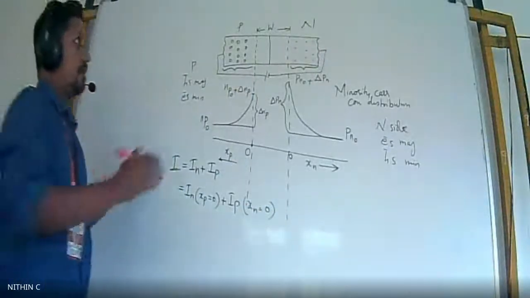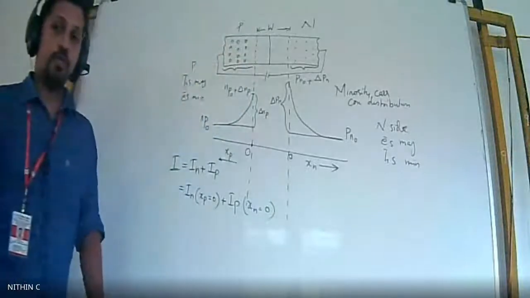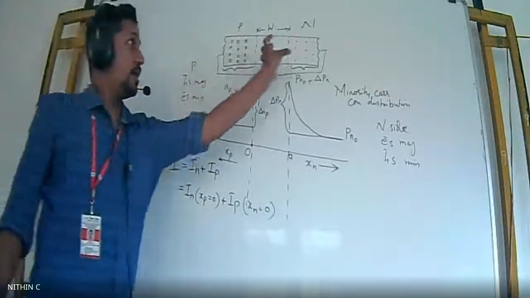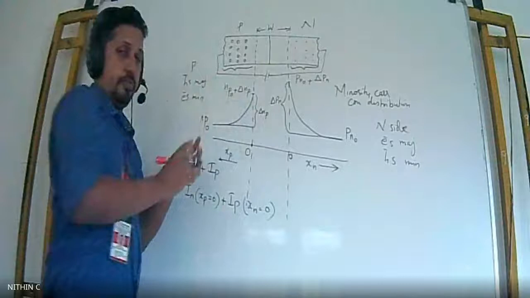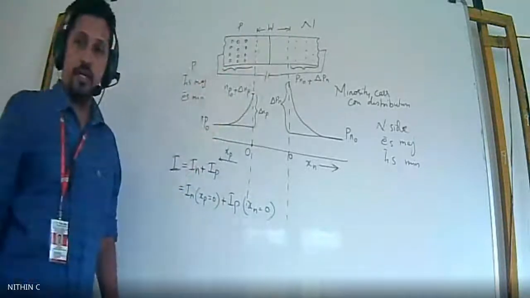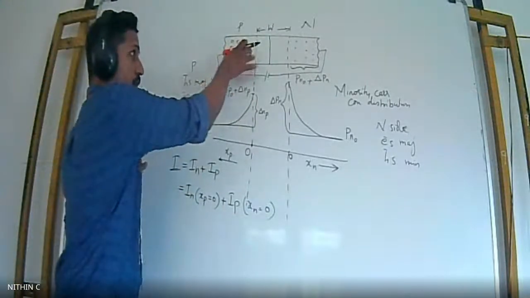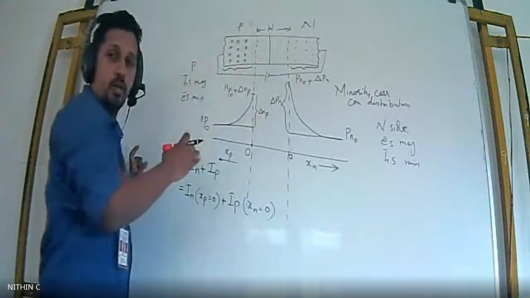So here, what is the reason for the motion of electrons and holes? Why do electrons and holes move? We are having a huge concentration of holes here and a huge concentration of electrons here. When forward bias is applied and the width of the depletion region decreases, they can move towards the lower concentration region, right? That is what is called the diffusion process. The concentration of holes is higher here. Because the depletion width is large, these holes cannot move in the opposite direction.